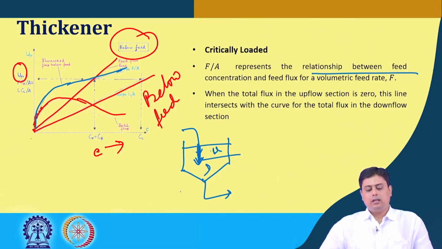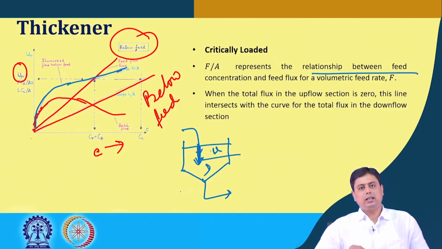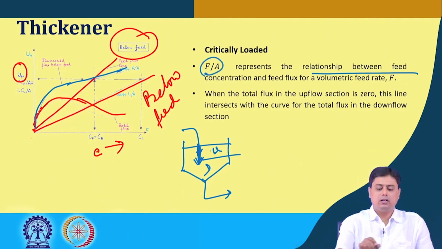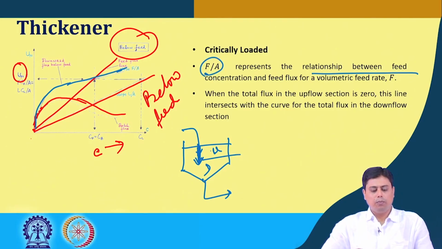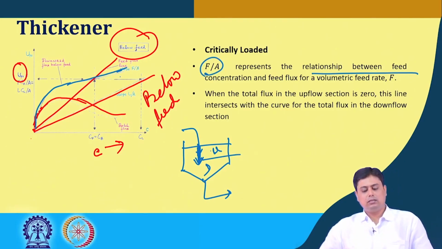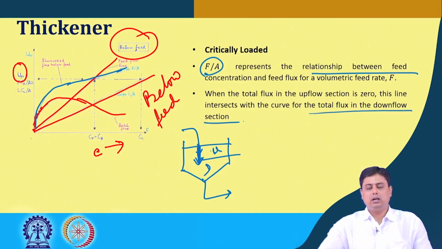So, when the total flux in the upflow section is 0, then this F by A line with this slope intersects this total flux curve, the curve for total flux in the downflow region,